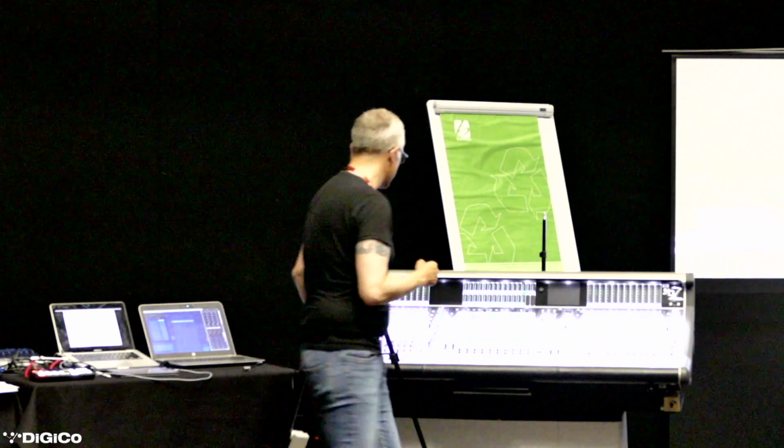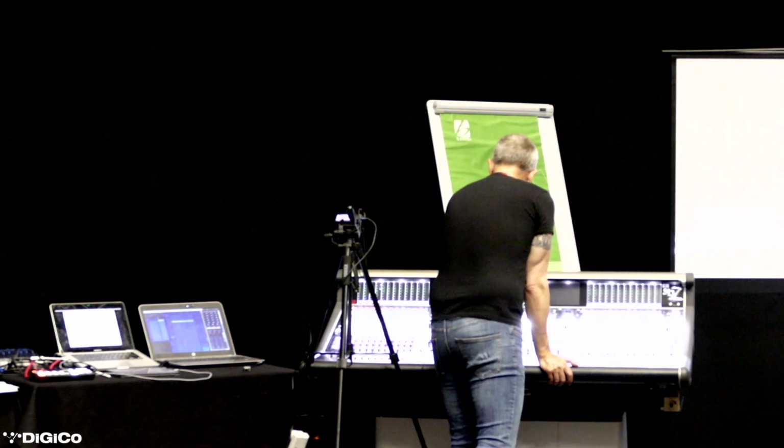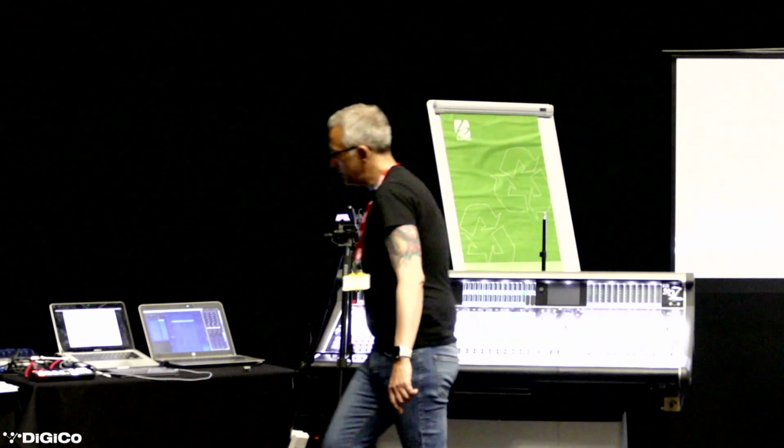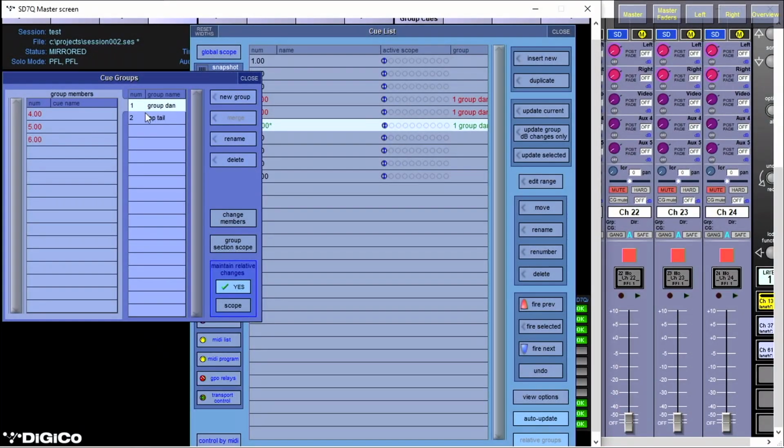So when we create our group, this is a question about non-consecutive groups, which is sort of unusual, but does happen. We could have a group that I call top tail, change members. It's not going to like it if I do that and that. So here we can have a group that is two cues that are separated, but actually that same principle is